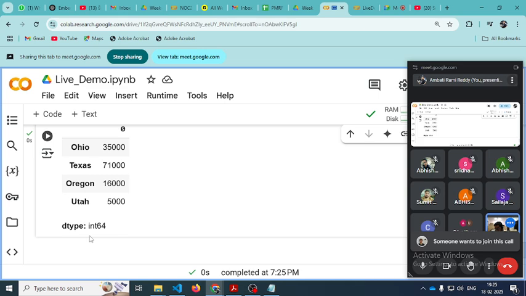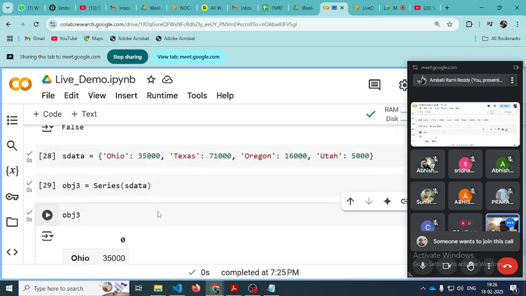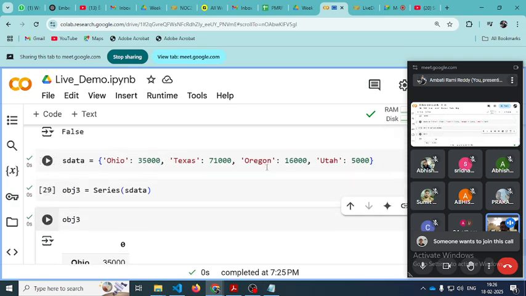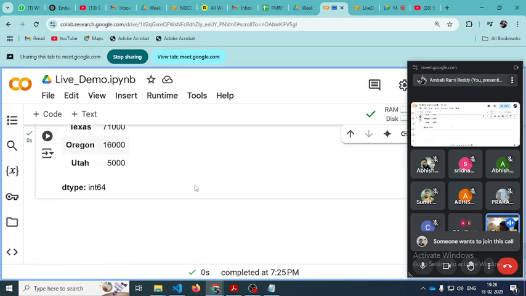Suppose if you want to pass only index values, so here I have 4 states: Ohio, Texas, and then Oregon and Utah. For example, what I am doing is, I am trying to create